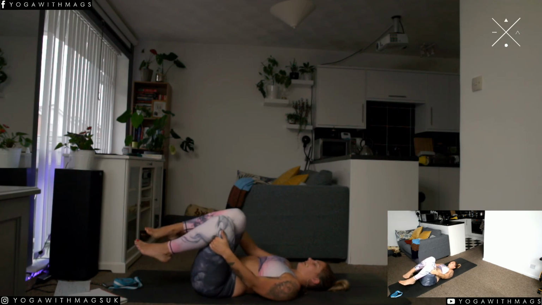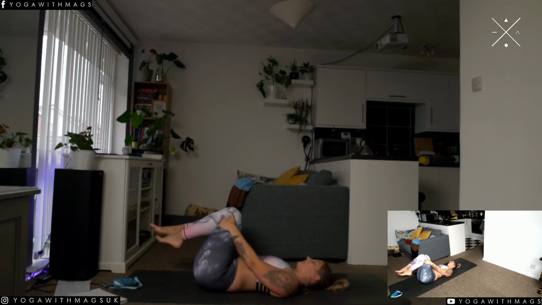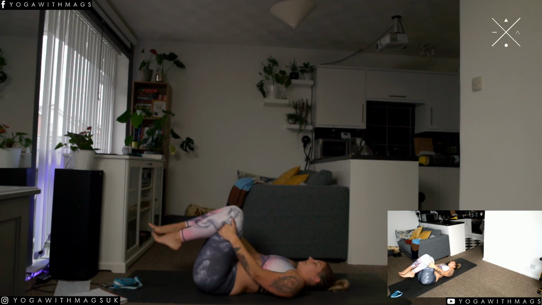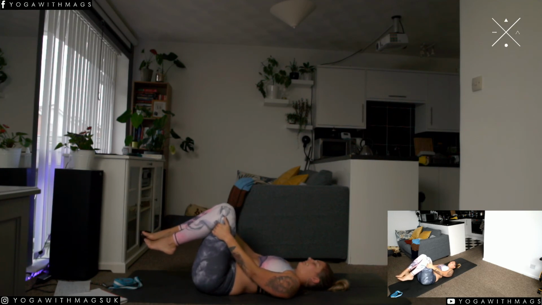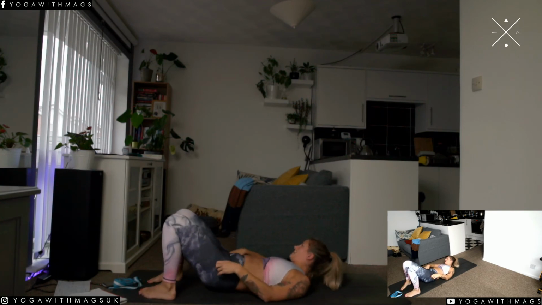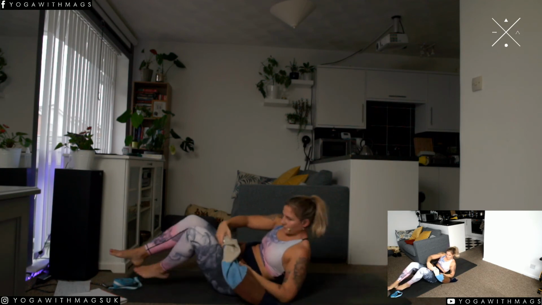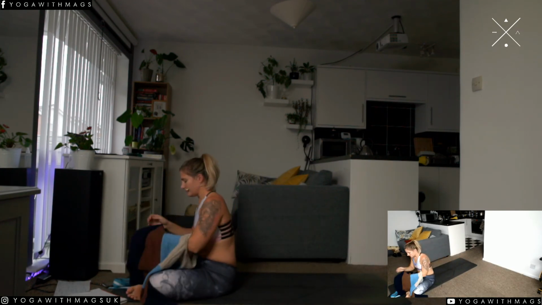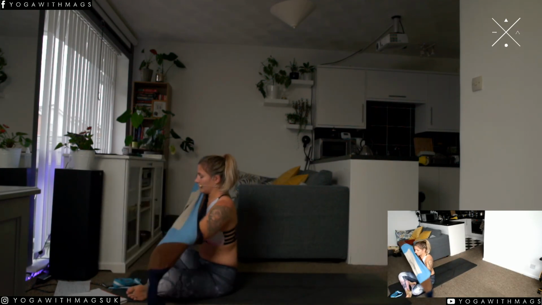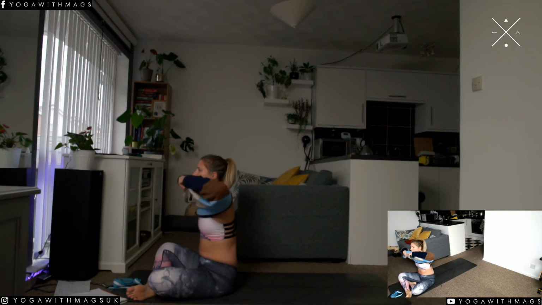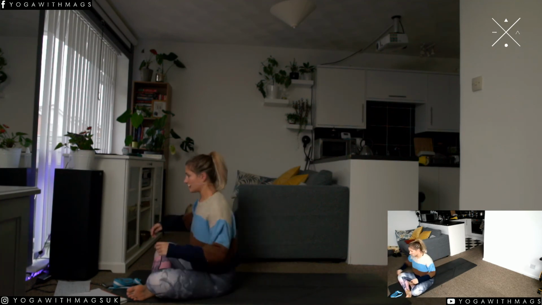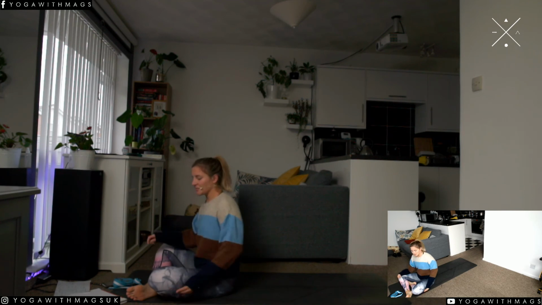And find some gentle movement. And get cozy. And come to lie on your back. Well-deserved Shavasana. The only pose where you can really melt,